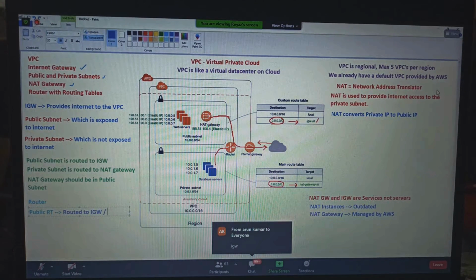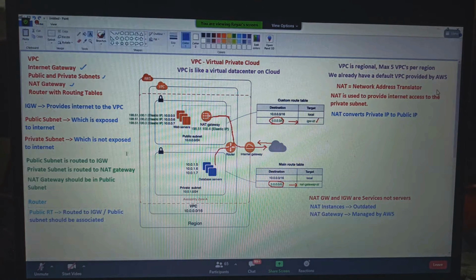And now, in this routing table, which subnet should I associate? Public subnet or private subnet? Public subnet, fantastic. Public subnet should be associated. And let's do the private routing table.